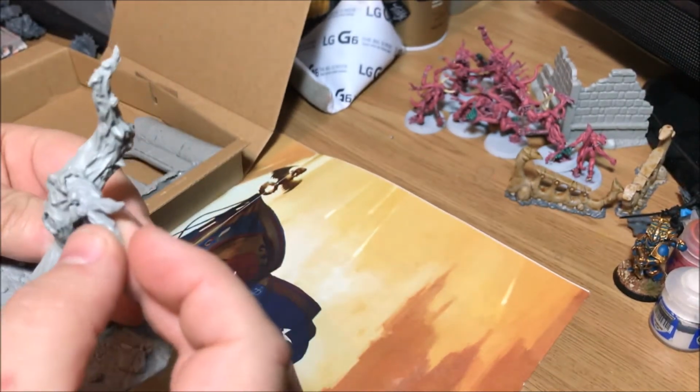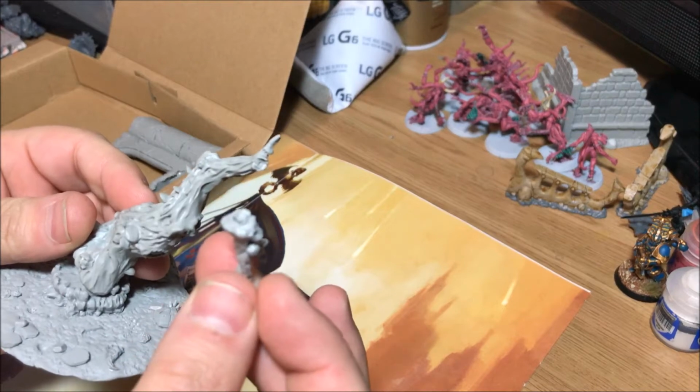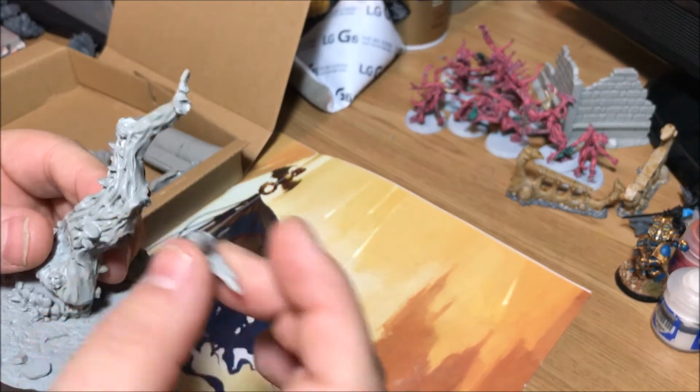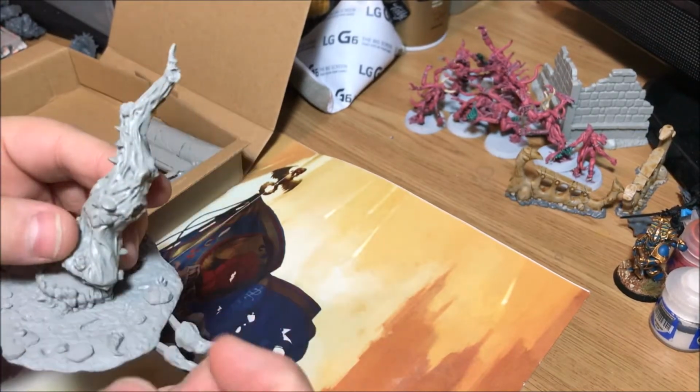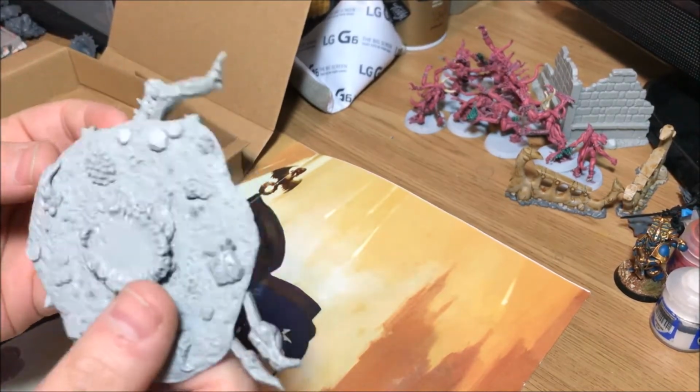Like I say, just have to use the website just to figure out where these extra bits go. But these are the extra branches, just to make it look as though it's not just like a weird tentacle, it is actually a tree. So I can't wait to get this painted up,